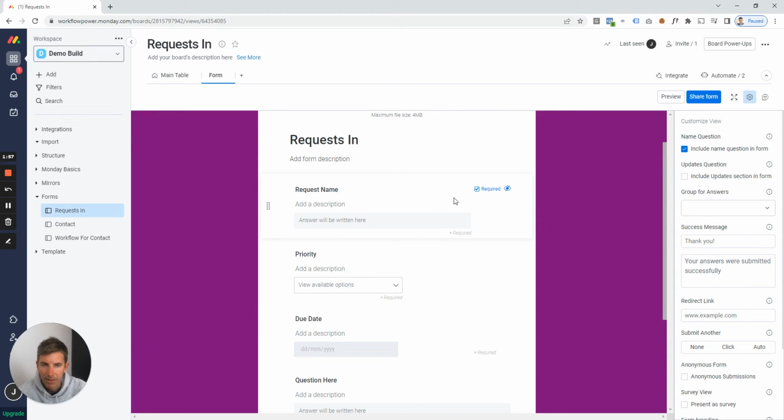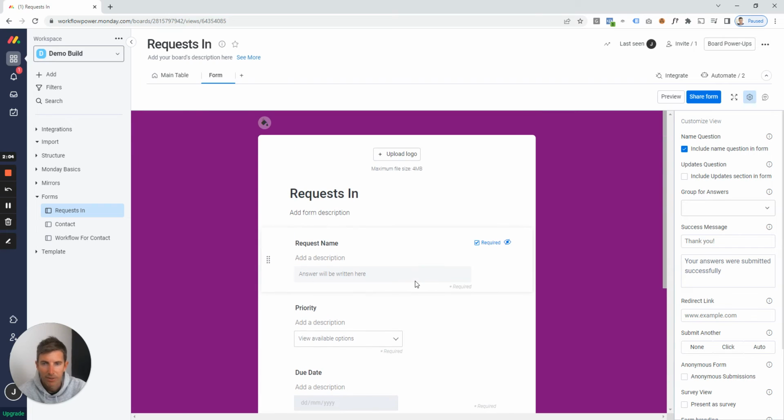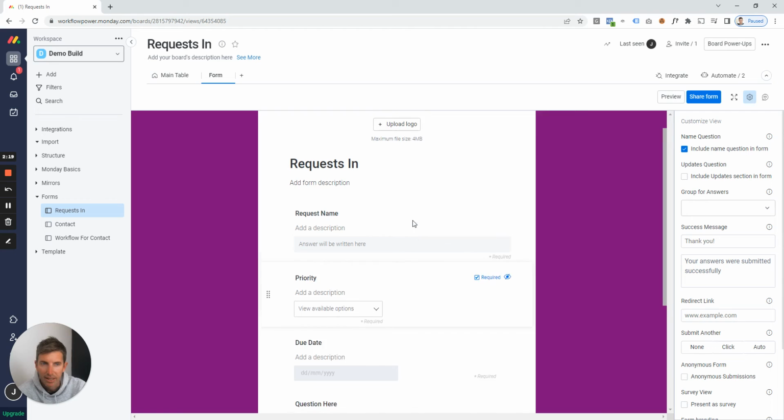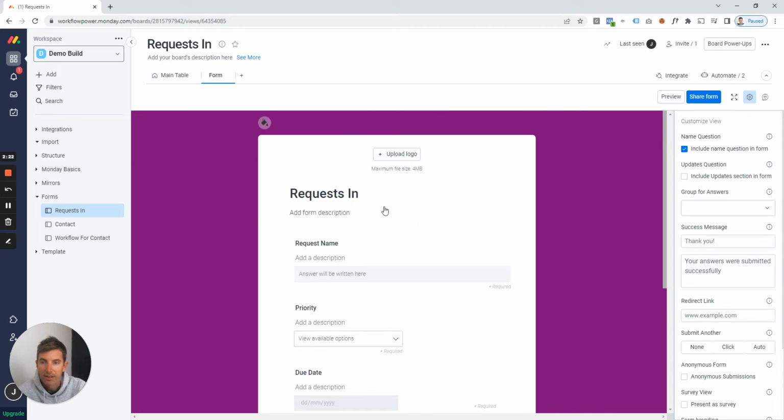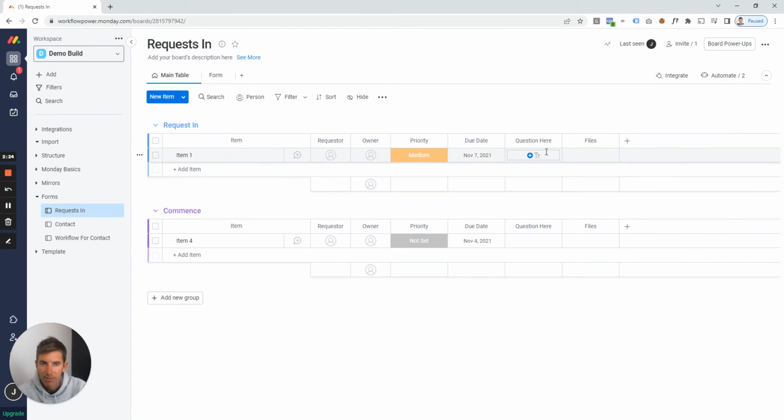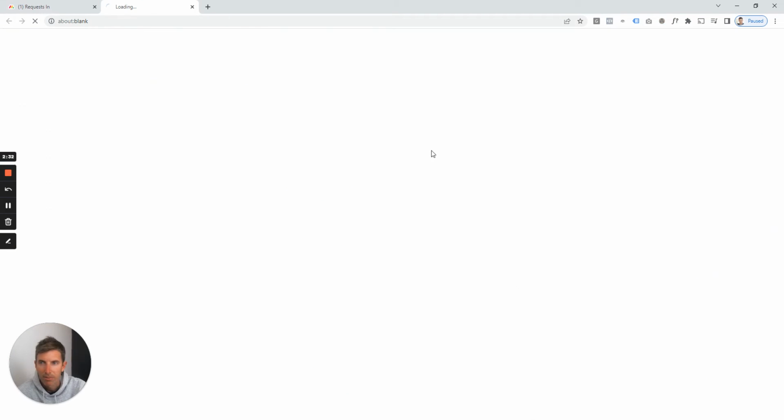You now have the capability to turn things on and off as required, change names, add descriptions, and really customize how your form's used. We've got some other videos around the real details of forms. What we really want to learn today is how forms can be integrated into your workflow. One of the best ways to do this, once you have the basics of the form built, is by giving it a quick trial. Once I've got the structure of my board filled out with the things that I want to collect in that form, and I've got my form view, I can just quickly preview it,